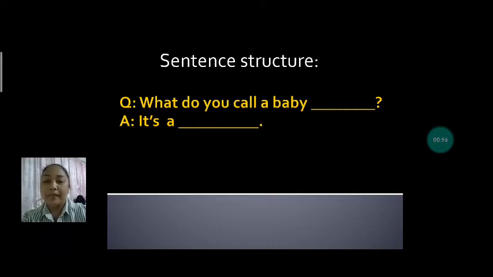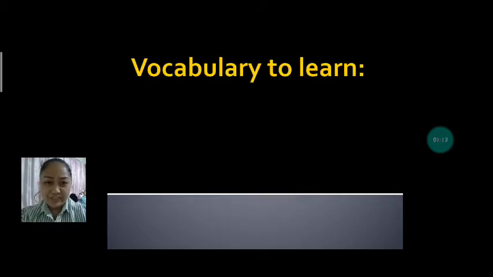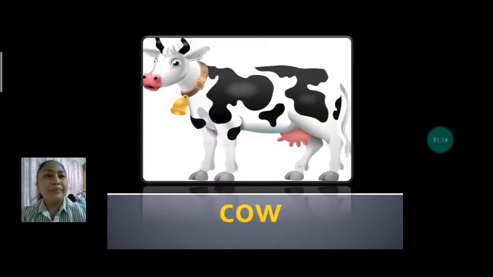The answer is, it's a blank. For example, what do you call a baby cow? It's a calf. Let's review the vocabulary first. What is our vocabulary for today? Vocabulary to learn. First, we have